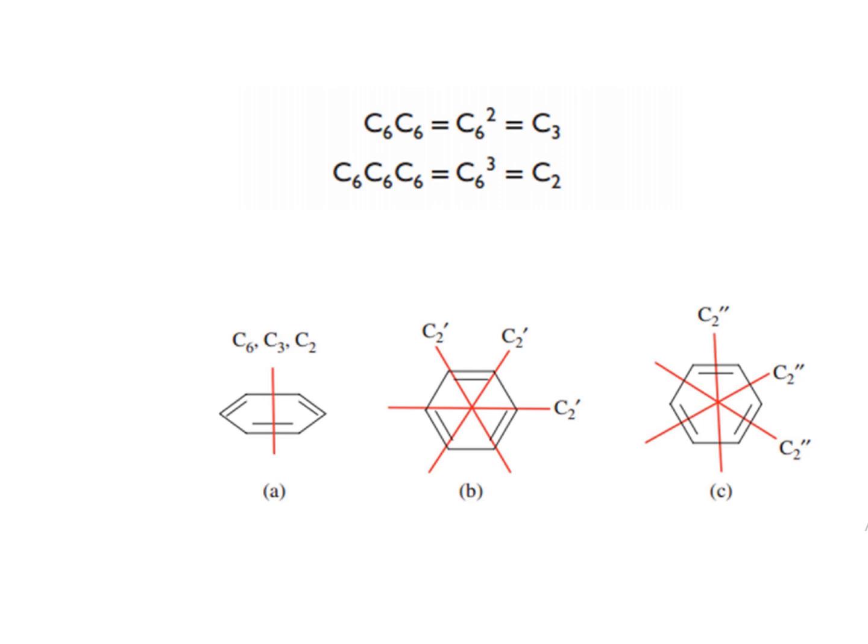In addition to the principal axis, there are some other axes known as subsidiary axes. It is also a proper rotation, but it will have a lower value than the principal axis. As we can see, C6 has the greatest value among these, so C6 will be termed the principal axis, while in addition to C6 there are some C2 axes which will rotate about 2 atoms. So we can say that it also possesses C2 axes, and the C2 axis in this case will be termed a subsidiary axis.